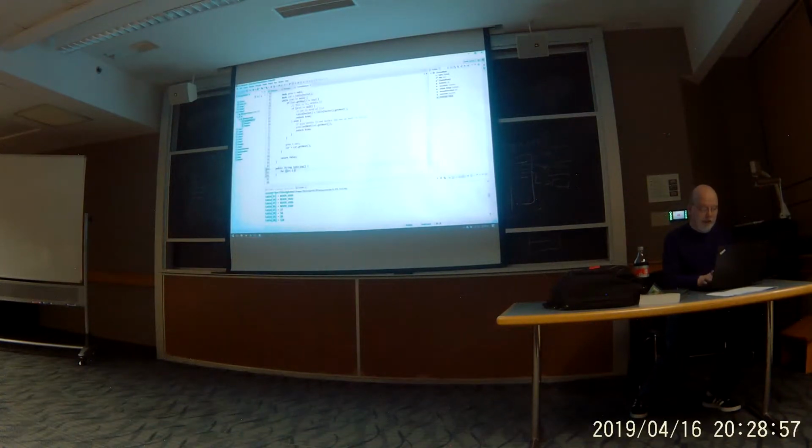For int i equals 0, i is less than table.length, i++. One thing we need to do inside this is we need to return something. Here's our return string. Inside here, the first thing we're going to do is we're going to say rtn plus equals